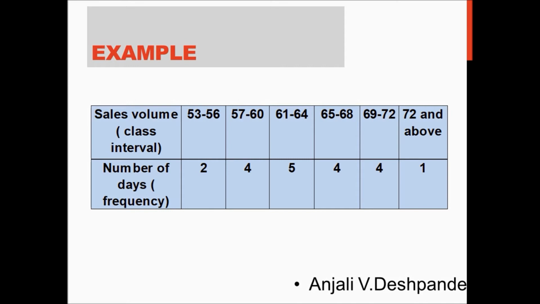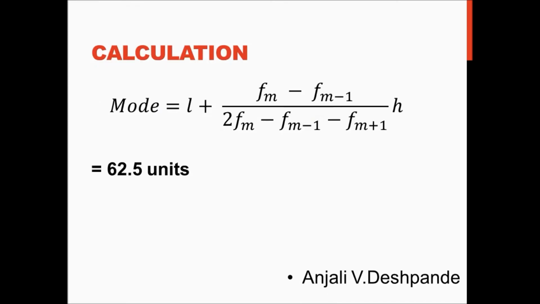So using all this, we are going to calculate the mode. Substituting those values, we have got that the modal value is 62.5. So now you can see the difference. When we had just used the raw data, we got the mode value as 71, but after grouping the data, now we have got 62.5. And this is a more realistic value. That is because we had already seen that most of our data was below 70.